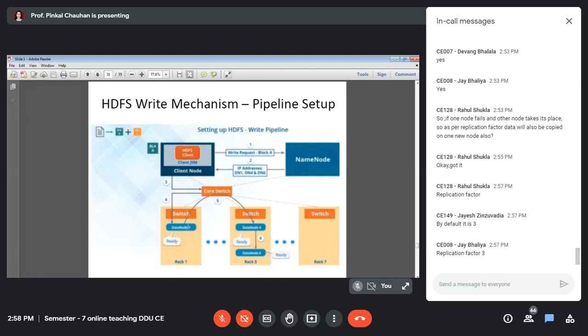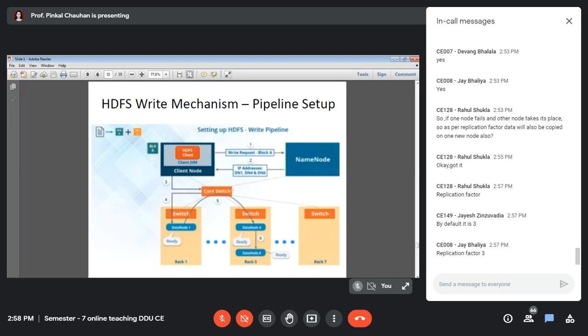Then data node 1 itself contacts data node 4, and data node 4 in turn contacts data node 6. So this is a kind of pipeline that is set here. This is how the pipeline gets created first of all.